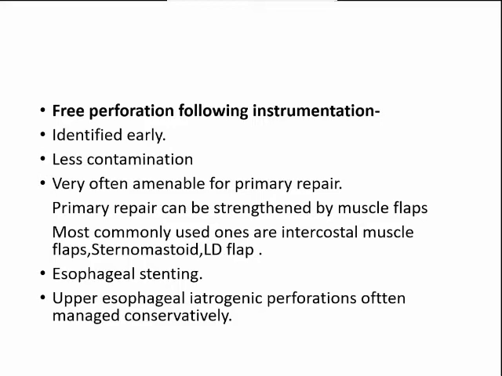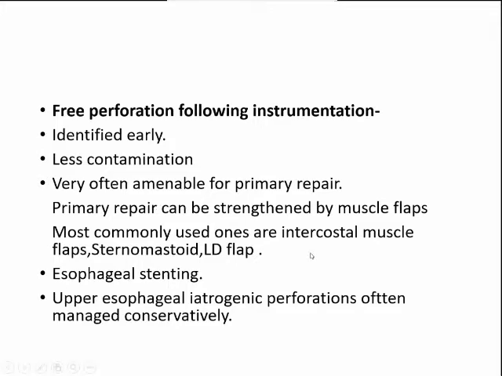Another important fact which we need to consider while doing a primary repair of esophageal perforation is that the main dictum is that the mucosal perforation will be longer than the muscle perforation. Suppose the muscle perforation appears as a 1.5 centimeter defect, the inside mucosa would have been perforated for more than 3 or 4 centimeters. So always a longitudinal myotomy has to be done to make sure of the extent of the mucosal perforation. Then you close the mucosal perforation and then close the muscle once again in longitudinal fashion.